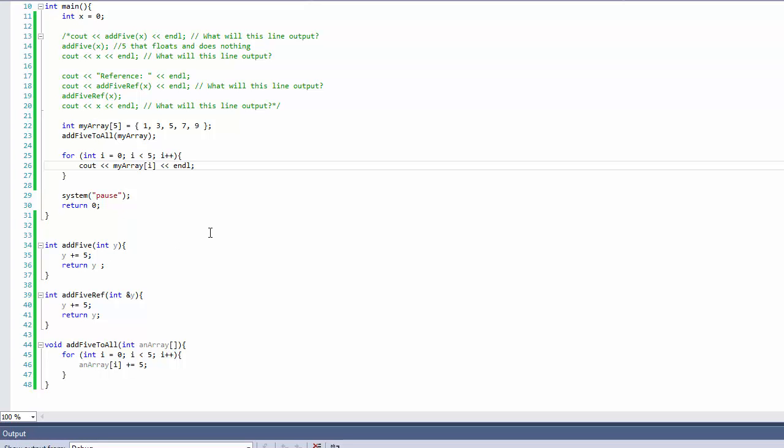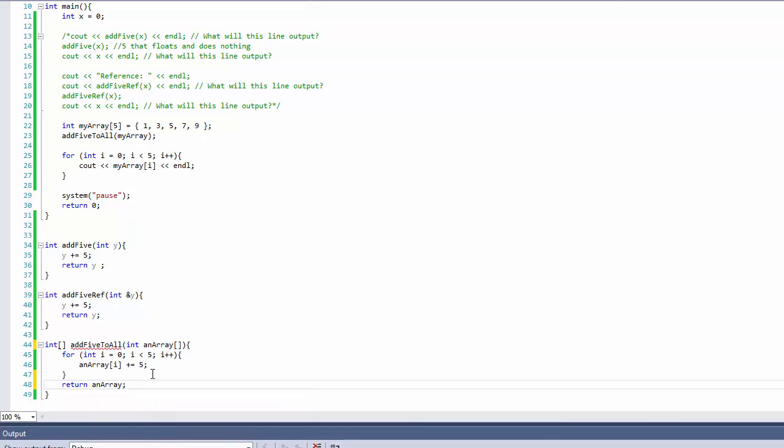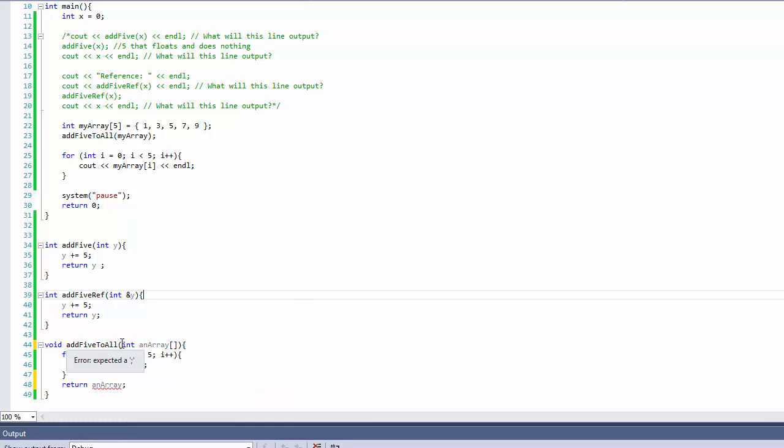One thing that you can't do in C++ is, let's say I wanted to return an array. I wanted to go like this. And then I wanted to return an array. That's an error. They won't let me do this. They'll say, expected a thing, we didn't expect you to return an array, and that's fine. Returning an array is something we're going to cover at a later point, and you don't actually get to return